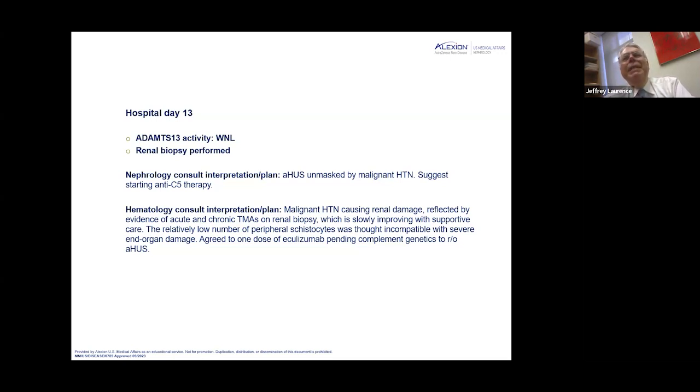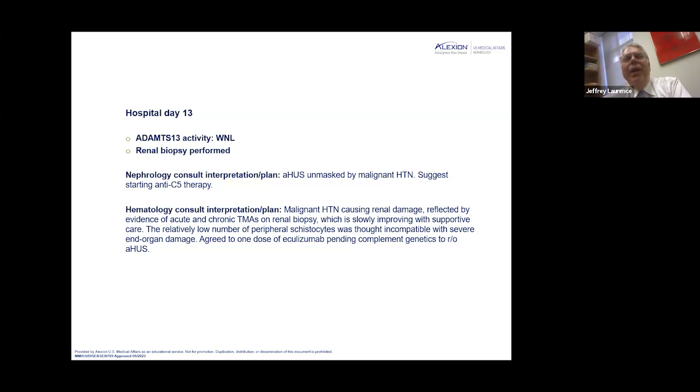The reason I present this is that this is not the way to make a diagnosis. In a typical TTP, you have a gold standard, an ADAMTS13. In HUS, you do not have a gold standard. It's a clinical diagnosis. You rule out everything else. And what you're left with, if it's compatible with HUS, that's what you're treating. Because if you try to rely on complement genetics, then you're going to be wrong at least 30% of the time. But, I like to go to Vegas, you gamble.